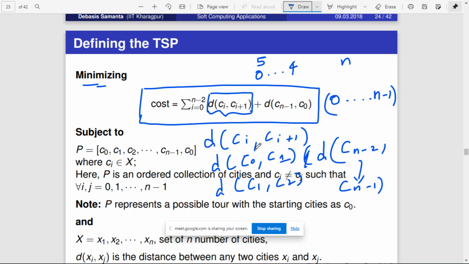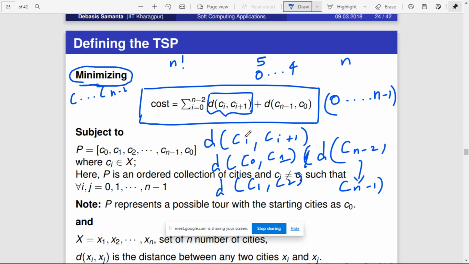Okay, this Ci here does not mean it is actually the first city. It may not be the first city. It is one combination, because we want to identify the right combination. Which combination of Ci to Cn minus 2 will give the least cost? This is any one combination. As we discussed, there are n factorial combinations, so all the n factorial combinations will be considered here. But out of that, we will pick the one which is going to give the minimum cost, right?